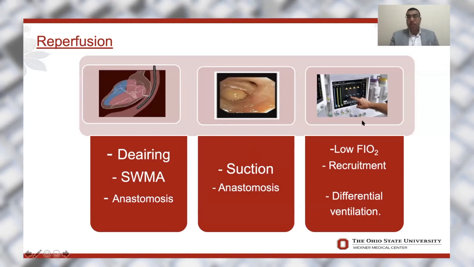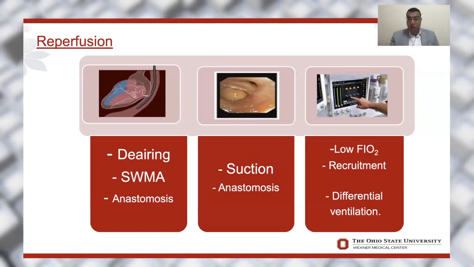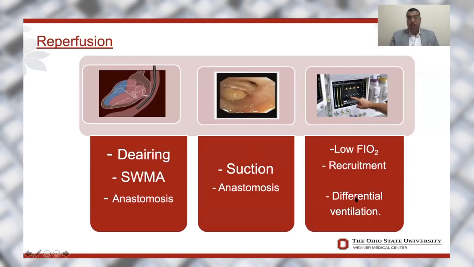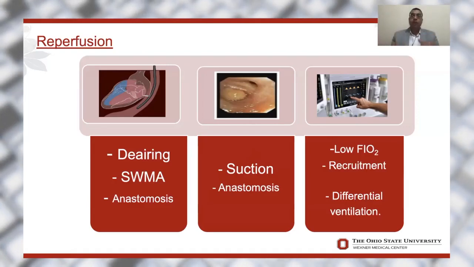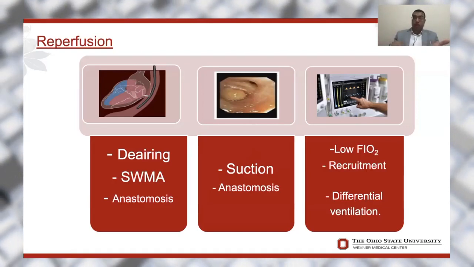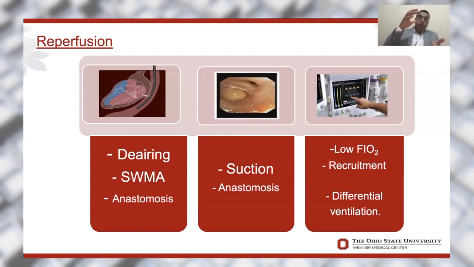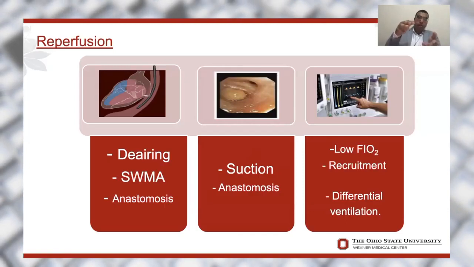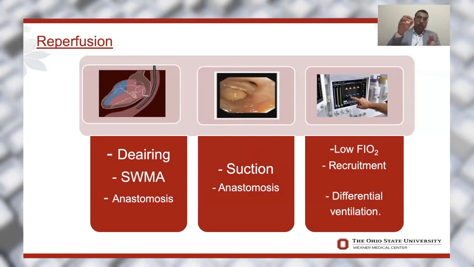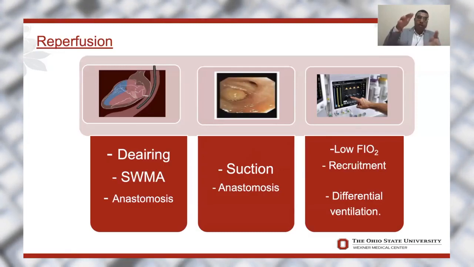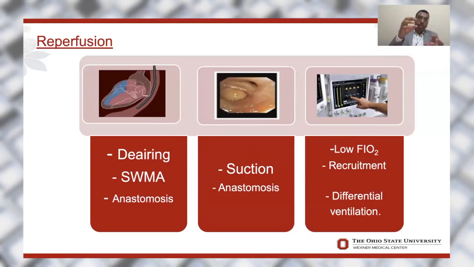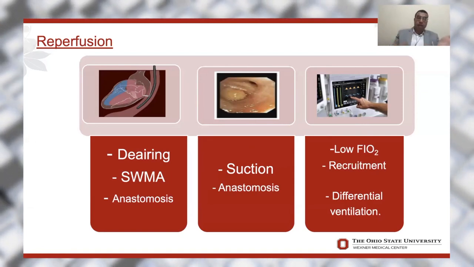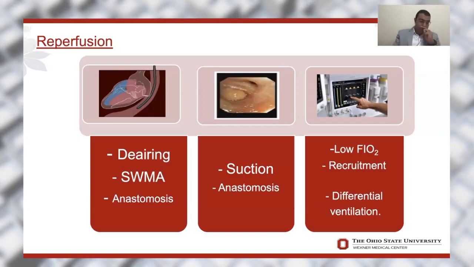And now, what about the ventilation of the transplanted lung, the new lung? You should use low FiO2, make some recruitment, and they talk about differential ventilation, especially in single lung transplant. Why? Now you have a native lung, which is not good, and a transplanted lung, which should be very good. One size doesn't fit all. You can't set the ventilator the same for both lungs. So you can do what's called differential ventilation between the transplanted lung, which is assumed to be good, and the native lung, which is for sure not good.